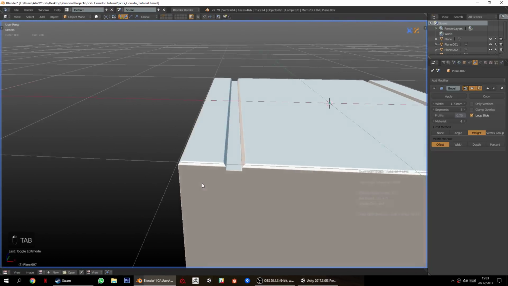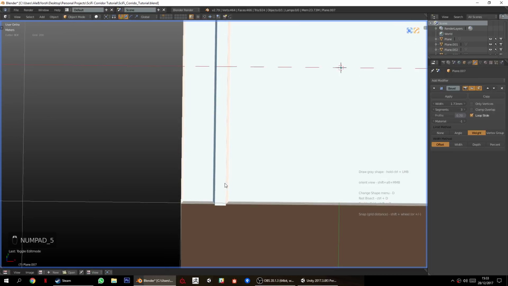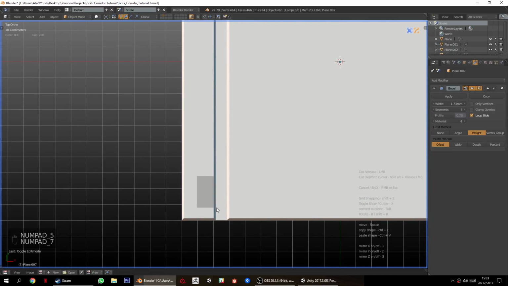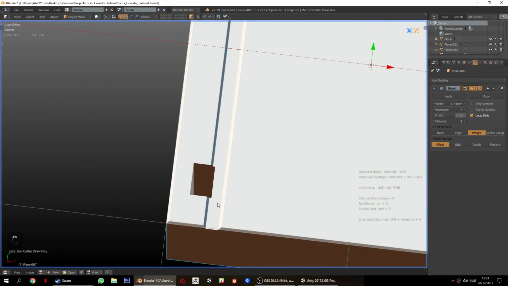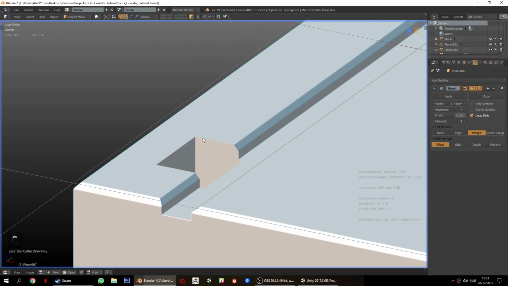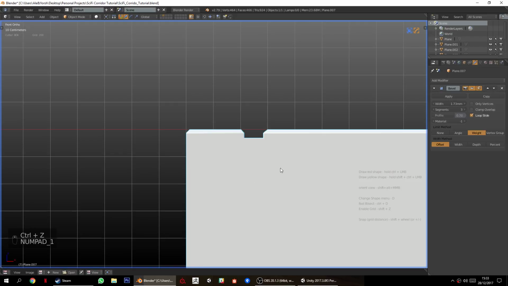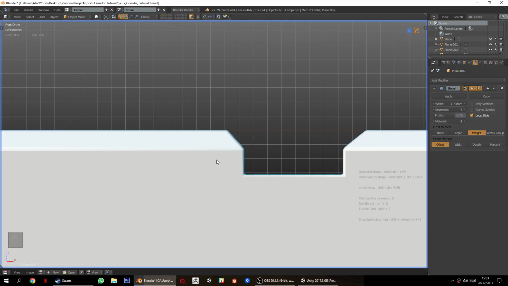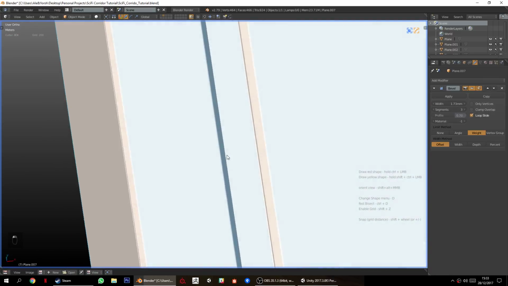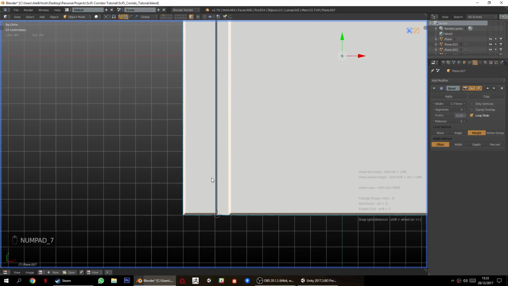So we'll use a box cutter here. But if I were to just, hold on, draw a little hole here, as you can see, it's going to cut through the entire thing, and I don't really want that. I just wanted to cut maybe up to this height. So what I'm going to do is use the cursor to mark depth. So let's say I wanted to make it somewhere around here. I'm just going to place the cursor there maybe, and then we can go back to top view,